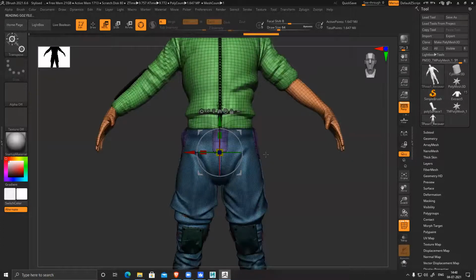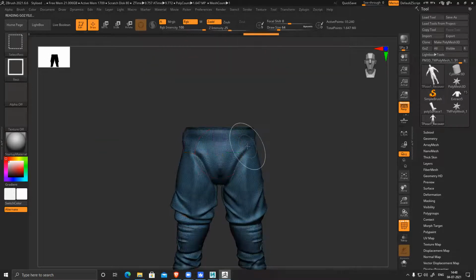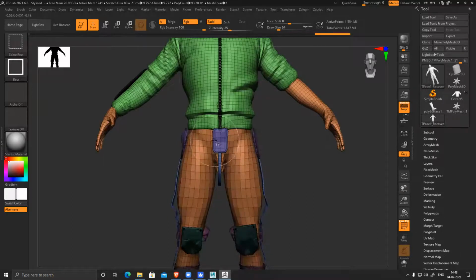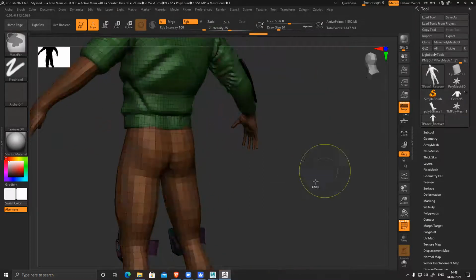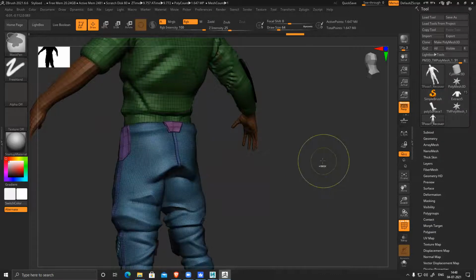Shift F, you can see all the polygroups. Hide, hide, hide, hide, select, unhide.